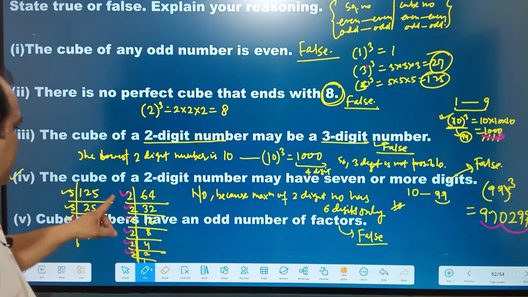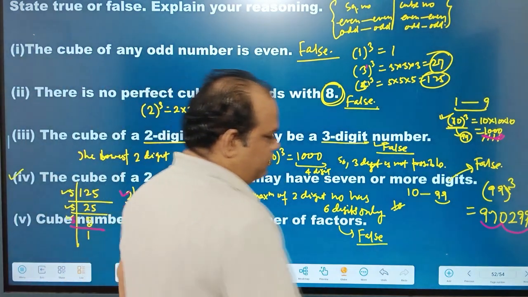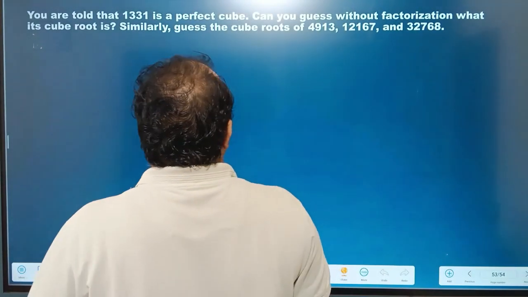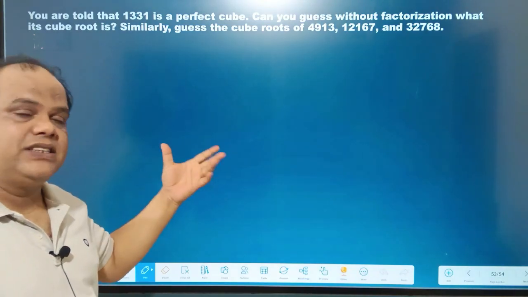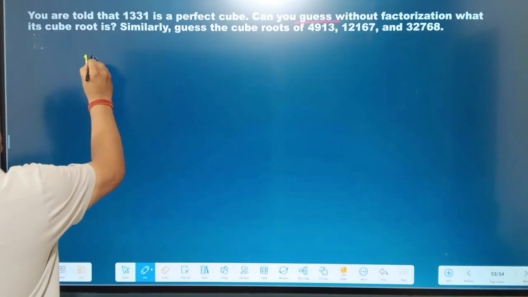में, नहीं होता है, इवन भी हो सकता है ऑड भी हो सकता है। सो इन दिस केस दिस इज फॉल्स। ओके, नाउ यू आर टोल्ड दैट 1331 इज अ परफेक्ट क्यूब, आपको बताया जा रहा है कि 1331 जो है परफेक्ट क्यूब है। कैन यू गेस विदाउट फैक्टराइजेशन व्हाट इट्स क्यूब रूट इज। फैक्टराइजेशन आपको नहीं करना है और आपको बताना गैस करना, दिस इज व्हाट इट सेज कैन यू गैस। तो सबसे पहले देखो ये नंबर लिखते हैं